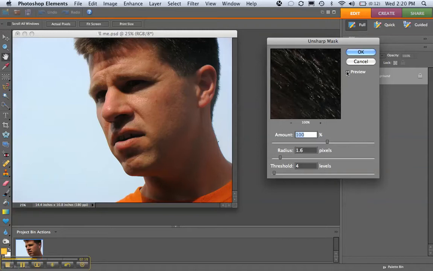So if I go to preview, we can kind of see what happens there, and that's left over from last time. So if you're doing the same thing over and over, the nice thing about Photoshop Elements is when you pull up the preview, it's going to keep it the same from last time. Now last time I didn't have the levels or the curves applied to it, so this time I do. So it might need a little more fine-tuning, but